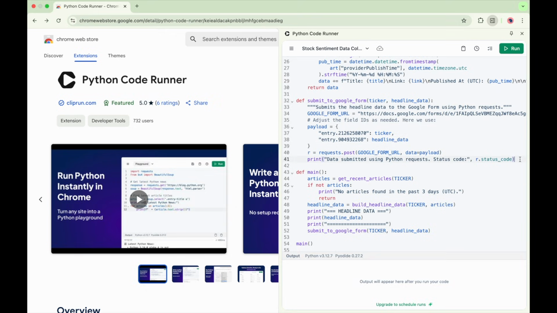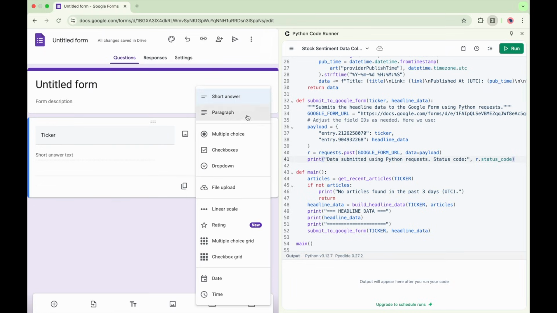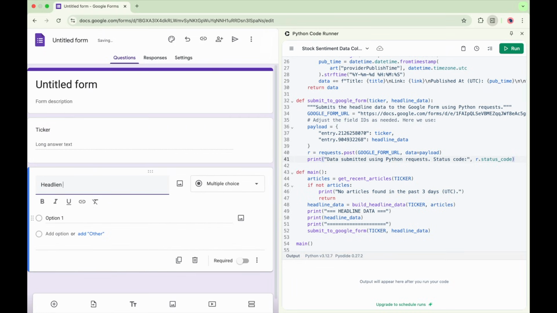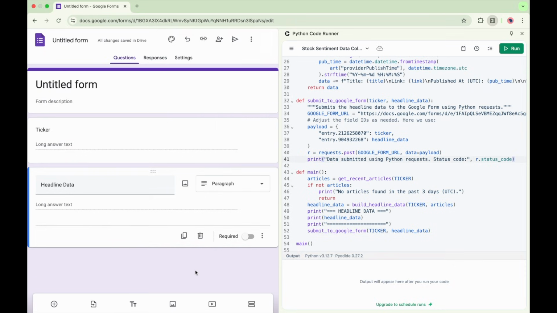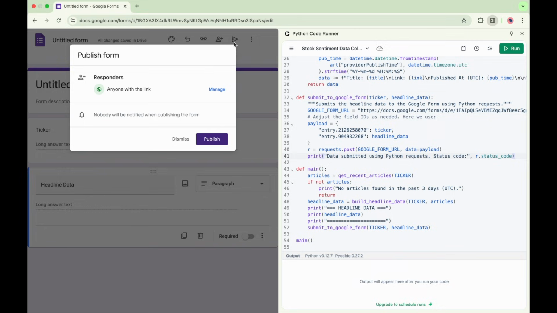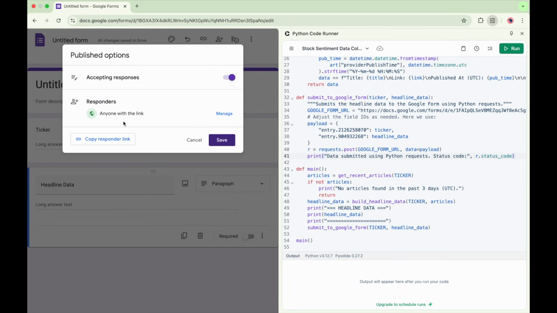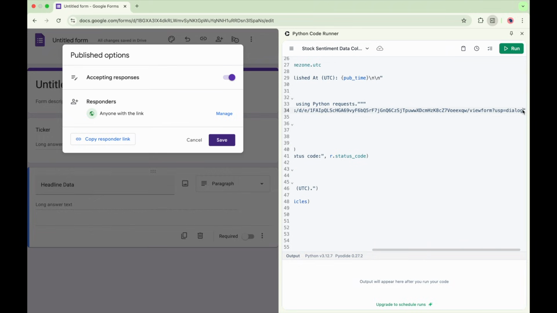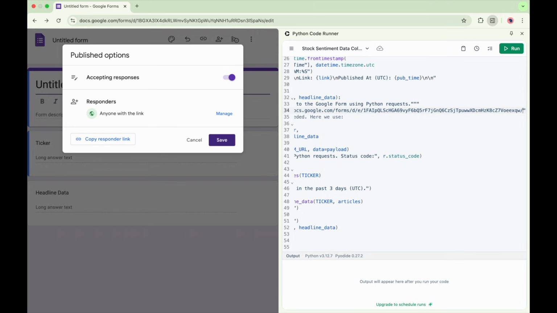To set this up, create a Google form at forms.google.com with two short answer fields, one for the stock ticker and another for the news headlines. Now click the forward arrow on the top of the screen and publish the form, allowing anyone with the link to have access. Then click Copy Responder Link and paste it into the Google Form URL object in the Cliprun code editor. Go to the end of the link text and delete everything after the forward slash, replacing it with